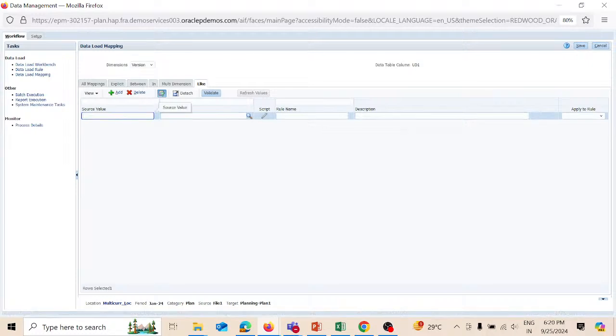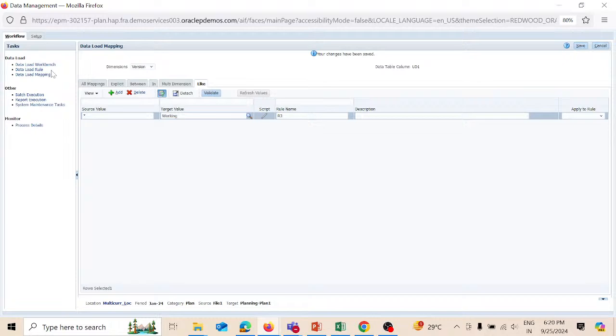And since version is not there, I'll provide the target value, which is the member that I'll be using. Okay, so we've done all the mappings